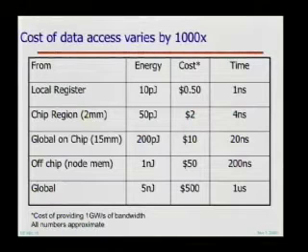But if I have to cross 2 millimeters of wire to go to something just in a different region on the chip, that's as expensive as doing the floating point operation, communication-wise. If I've got to go globally on the chip, say 15 millimeter wire transfer, that's 4 times as expensive as a floating point operation. And going off chip is 20 times as expensive. Going globally, which means not just off chip, but across some interconnection network elsewhere in the machine, I'm up to a factor of 100 more expensive than the arithmetic operation. So again, communication dominates both in cost and in power.